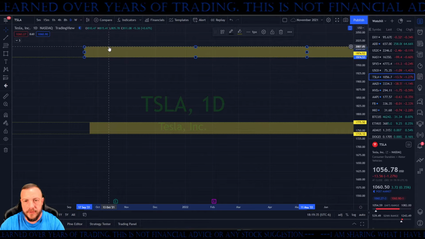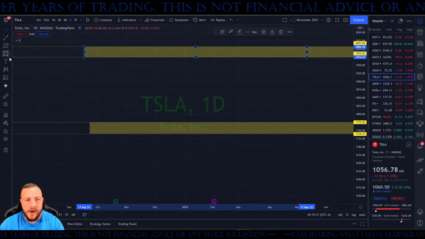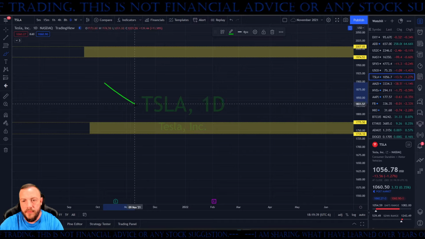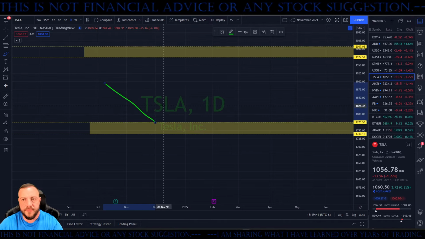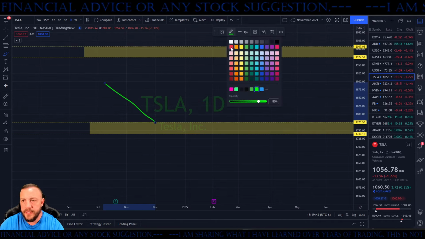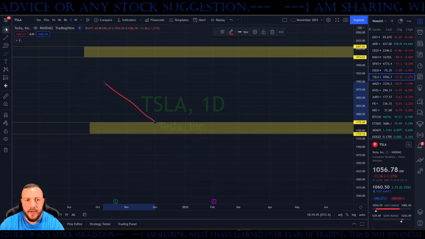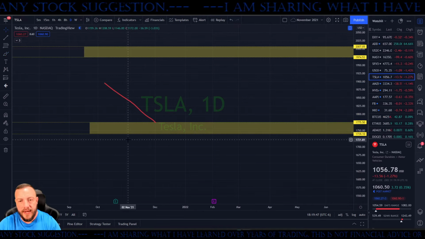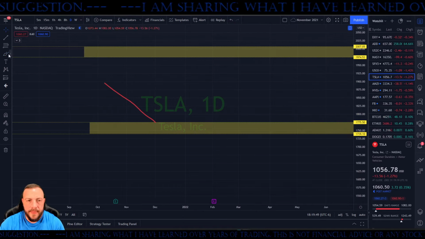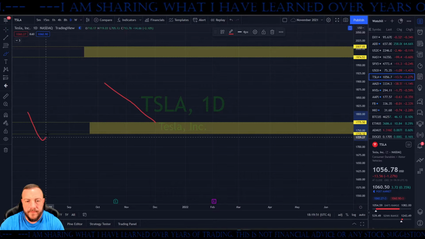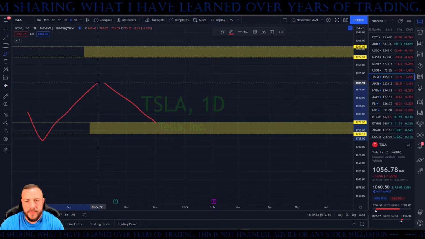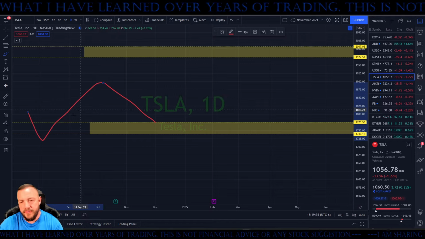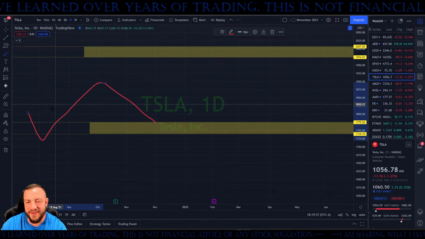We got two zones right here. We'll paintbrush it up right now. Boom, we are right here. We are headed south. We're right here. Now my stop loss. You know what? I was going to really OCD this and make that green, but